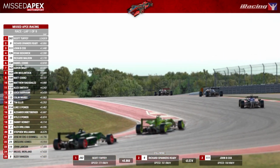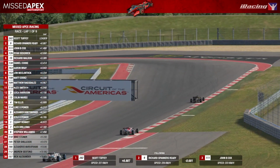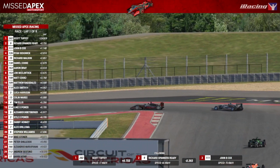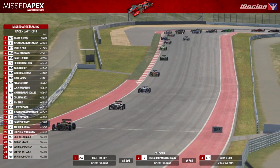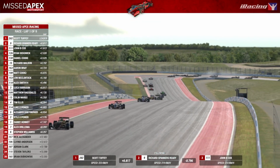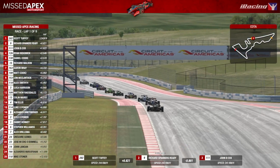Absolutely, that's exactly what Tuffy needed. He's nearly a second ahead of Spanners, and Spanners drawing a little bit away from John Cox as well, so this is exactly what we were saying. This is going to draw them well into the later stints as Molden and Cook fighting behind there. Molden getting all crossed up on the exit as well in that lime orange car down in 6th place. Yep, that was Cook just taking 5th place there in the dark green car actually, and yeah, flying start